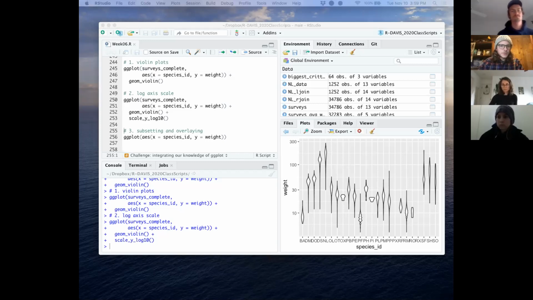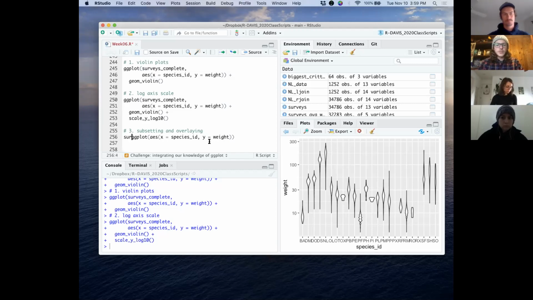So the last part of the challenge asked you to subset the data for just 2 particular species, and then overlay a jitter plot on the hindfoot lengths of each species with a box plot. So I'm going to walk us through this quick for the sake of time. One really nice thing about how ggplot is set up is the first argument is the data set. So we can actually, at the end of the day, pipe data sets into ggplot. So first we will pipe into a filter where species ID equals NL